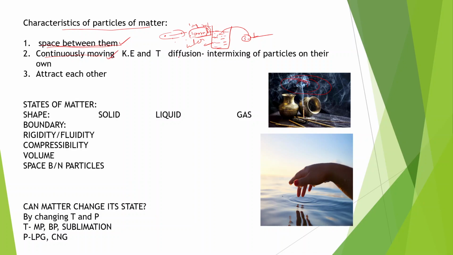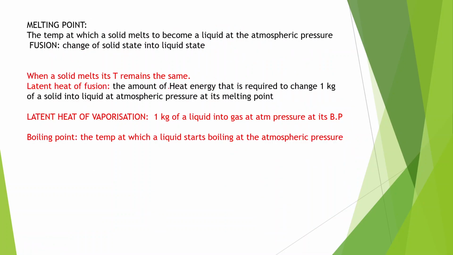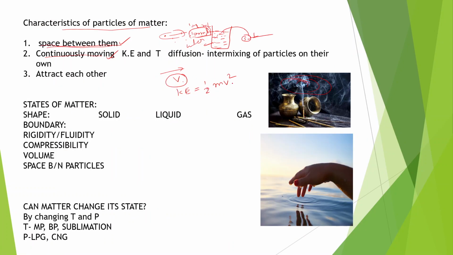So that means the particles are continuously moving. This is proved, okay? And if particles are in motion, then they will have some velocity, and then kinetic energy. You know that the formula is half into mass into v square, where v is the velocity. If particles have velocity, then we can say that they are moving with some energy, like kinetic energy, half m v square, because they are having mass and they are moving with some velocity. And if you increase the temperature,